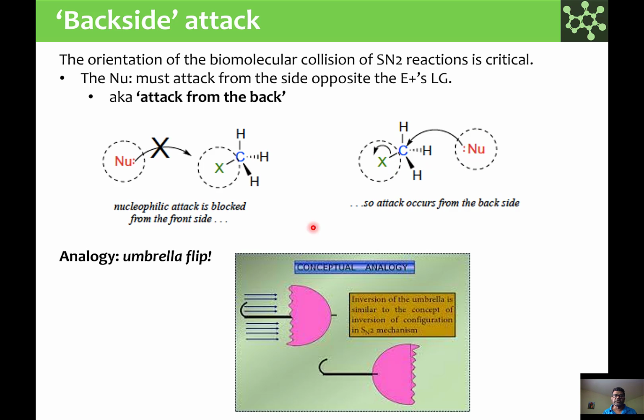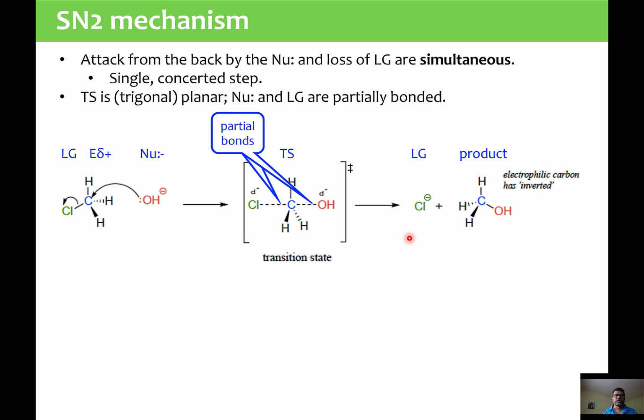And another thing you can see here: when this happens, the umbrella should flip because this is a larger group. This side becomes empty. So therefore you push here, and these ones should be pushing backward. So it's kind of like the nucleophile coming in is the gusty wind, and here's the umbrella, perfectly okay. Now it's flipped because of that. So it's a good analogy to think of it that way. So let's look at here. Now the next thing is